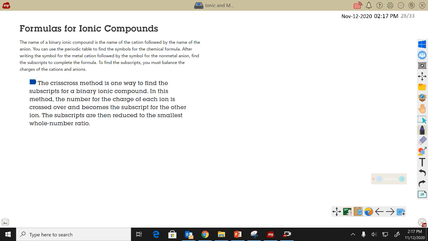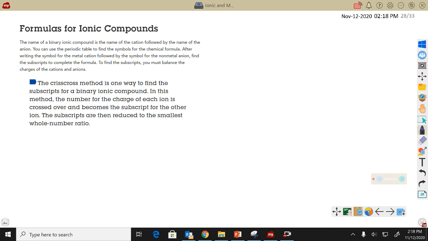I mean, eventually I want to get to a point where I can take two compounds and chemically react them together. I need to understand their formulas in order to predict what products might form. So it's kind of a big deal. Now we'll try to make this as manageable as possible, and there are some shortcuts that can maybe easily and quickly get us to the right formula, but I want to make sure that we really understand what's happening